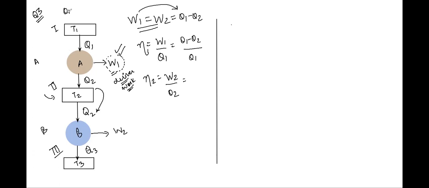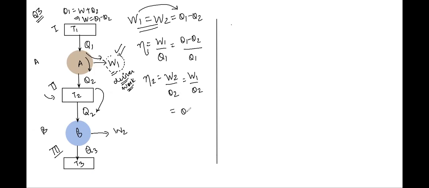Because we can see that this heat is basically turning into work and some part of it is going into Q2, right? So we can write that Q1 is equal to W plus Q2 and therefore W is equal to Q1 minus Q2. Are we clear with this, Atul? Yes, sir.